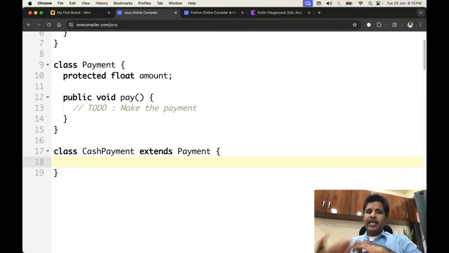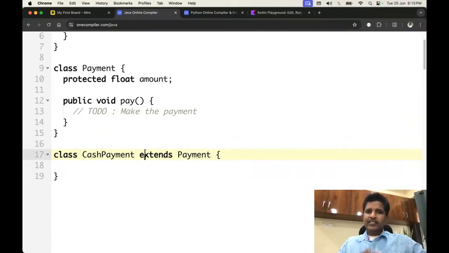In case you need anything else you can add it, otherwise not necessary. In this case we have amount and pay, and we can call these two directly. So you don't need any extra functionality over here. So in Java, how are we connecting both the classes, parent and child? What is the keyword that we use in Java to establish a relation between parent and child class? We use extends. Extends, it is plural, extends. Okay,